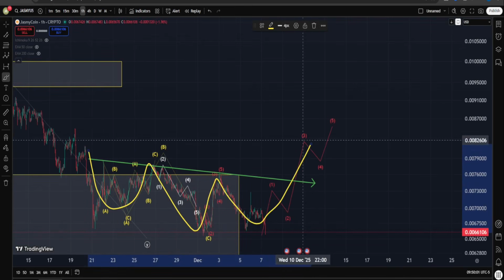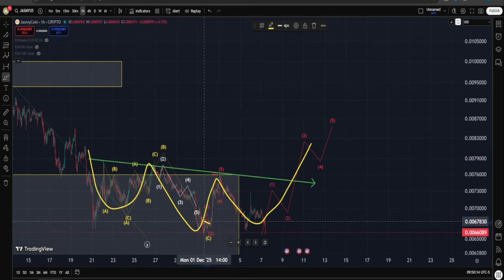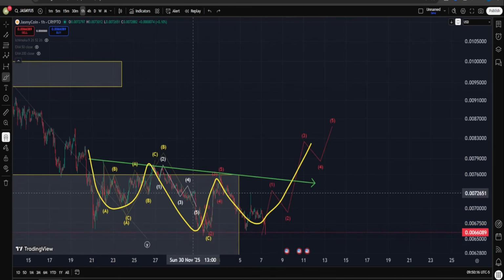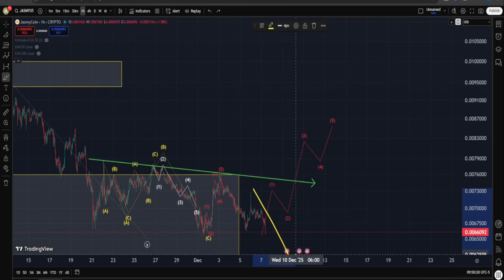So if you see a move up in Jasmy in a very short time, meaning in the next couple of hours, in order to get a break of the neckline, that's absolutely fair enough. At that point, we are going to be bullish with a decent amount of confidence and maybe even call this thing our final low. But right now, based on what I'm seeing, I'm going to say this move down may continue a little bit more,